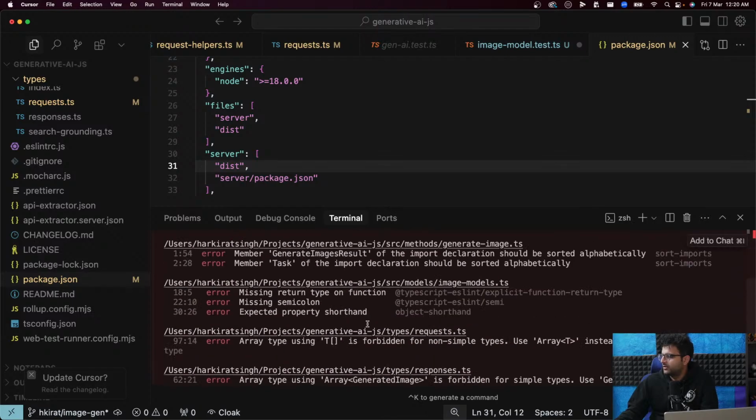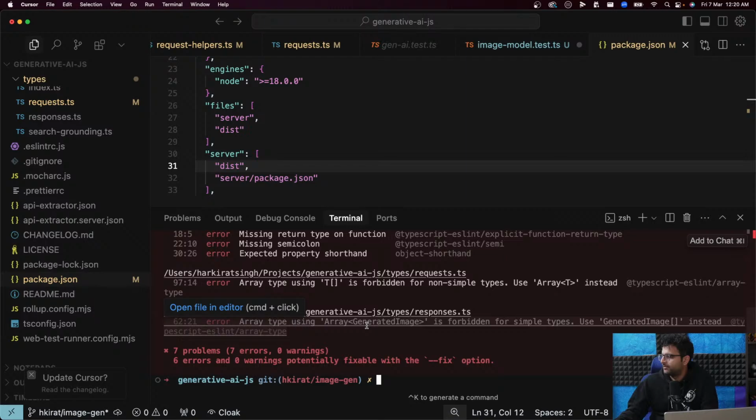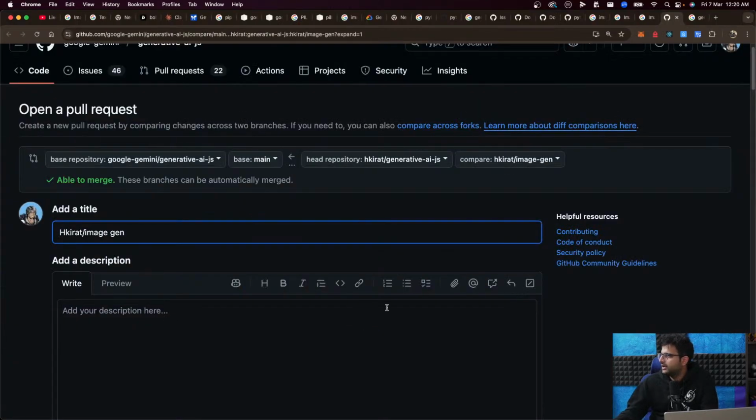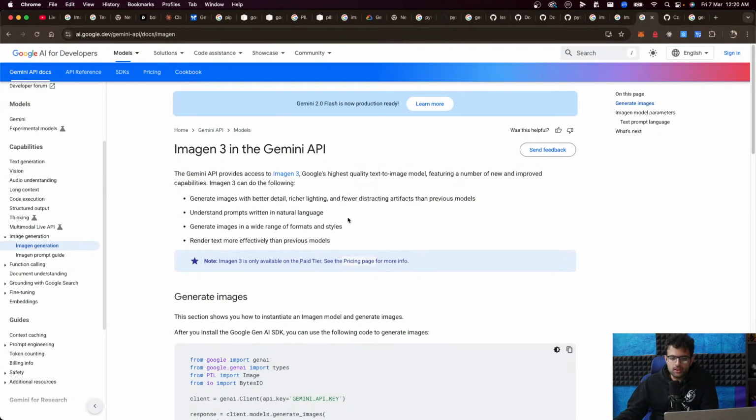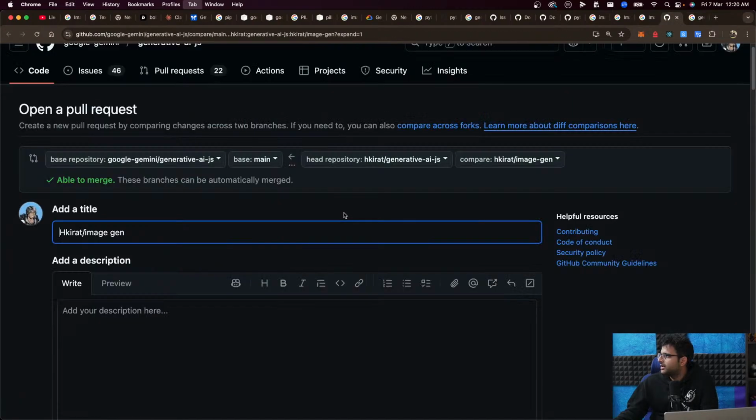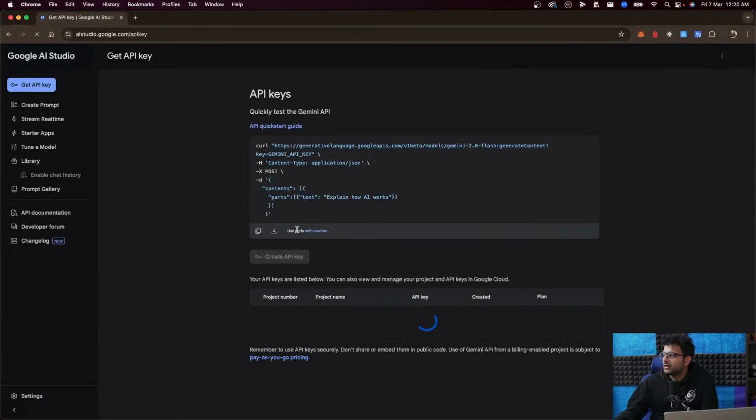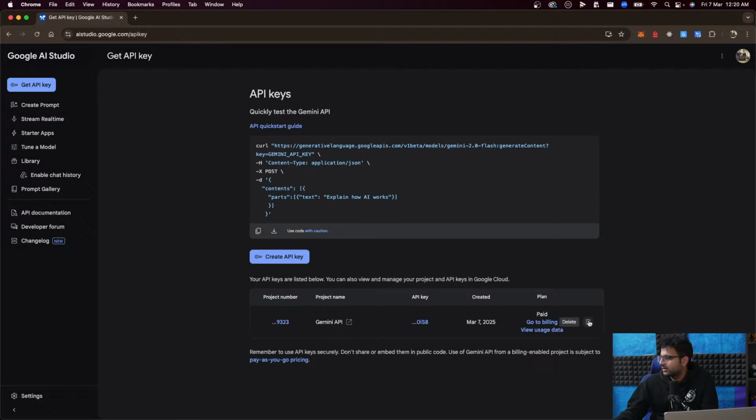Oh boy, a lot of things, a lot of type errors. This will take some time to fix. So let me revoke my API key quickly. Go to billing.